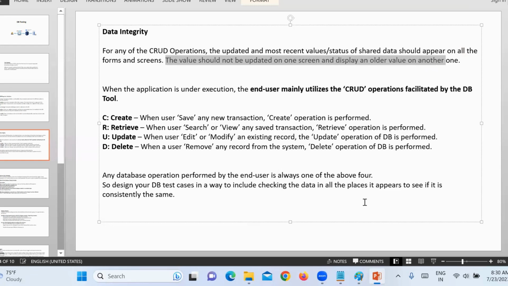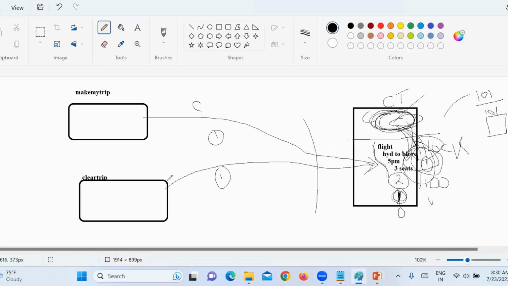Suppose on one screen it shows new data, and on some other screen it shows only old data. If one new employee is registered, when a new employee is added, automatically the department table should also show the number of employees increased by 1. Like that. For example, when a new order is placed and you purchase a product,